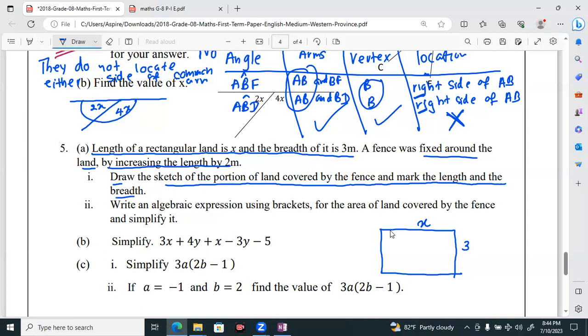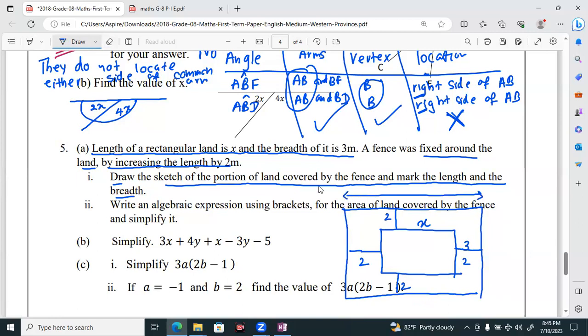Length එකයි breadth එකයි mark කරන්න. එතකොට මේ හැම පැත්තෙම පුතේ මීටර් දෙක ගානේ වැඩි වෙන්න ඕනේ නේද? මෙන්න මේ විදිහට. මේ පැත්තට දෙකක් වෙනවා මේ පැත්තට එකයි මේ පැත්තට එකයි. එහෙනම් අලුත් දිග කීයද? The new length of the